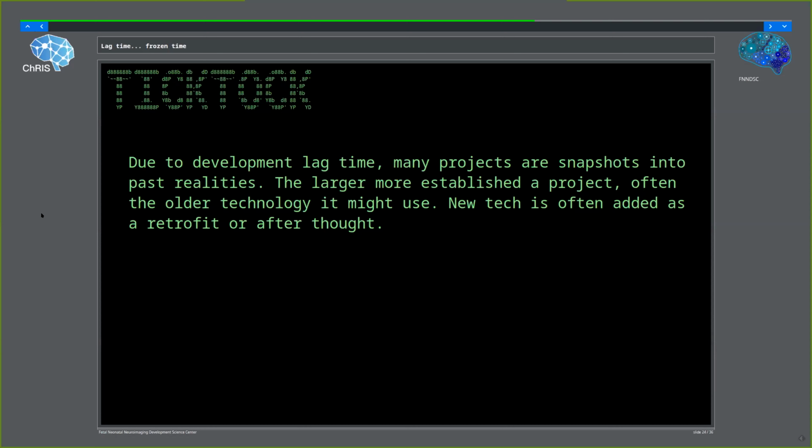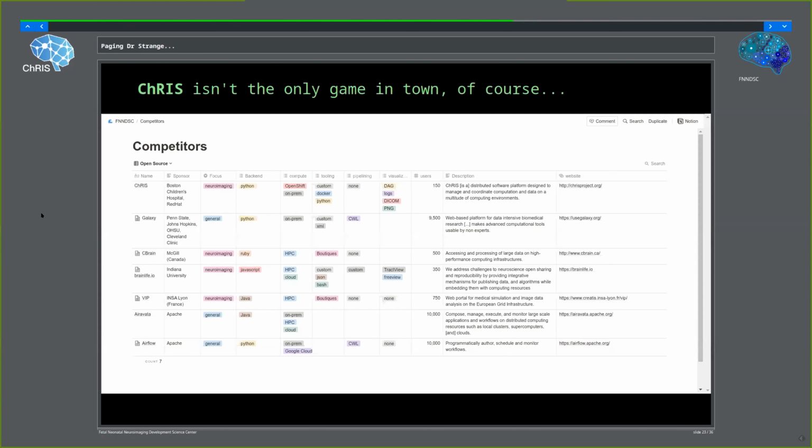New tech is often added as a retrofit or an afterthought. And if we go back over here to this quick table, CHRIS is the only system to our knowledge at this point that uses containerization to the extent that it does. Most of these other solutions were developed in the time before containers really were such an interesting and good thing. And they either have containers retrofitted awkwardly or they don't have them at all.